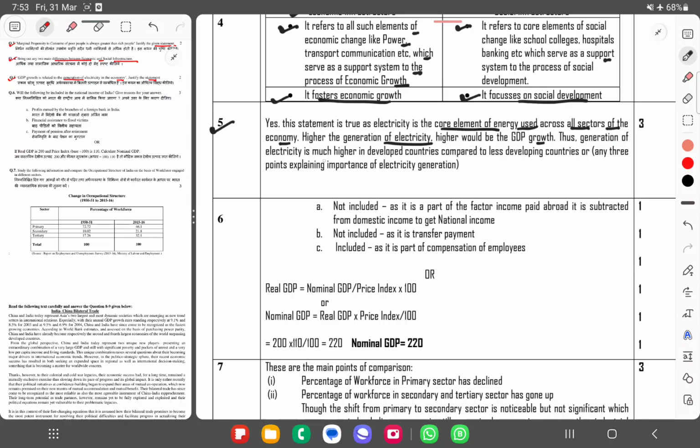Thus, generation of electricity is much higher in the developed countries as compared to the less developed countries। और 3 points explaining the importance of electricity generation। ठीक है, नेक्स्ट वन, क्वेश्चन नंबर 6।